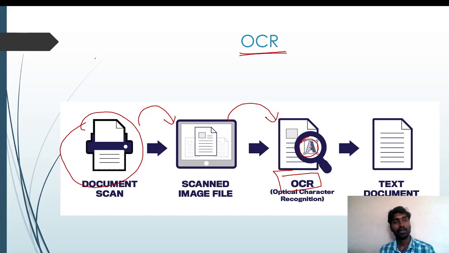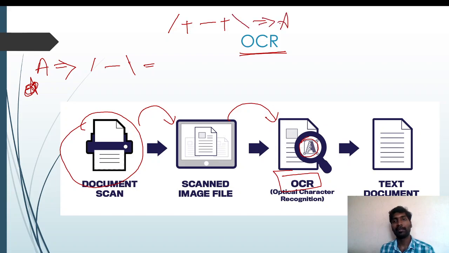Okay, see here. Now what will happen? A is there now. Sorry, this is cursive writing. This A will be converted like this: one slope, in the middle one horizontal line, again a slope line. Now what will be in the computer program: if one slope plus horizontal line plus another slope equals A. Are you getting?